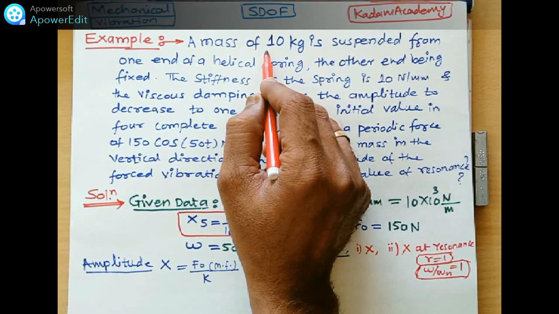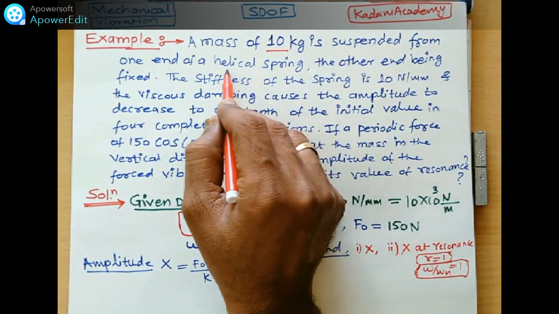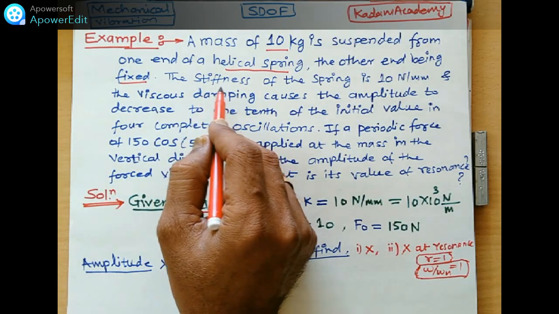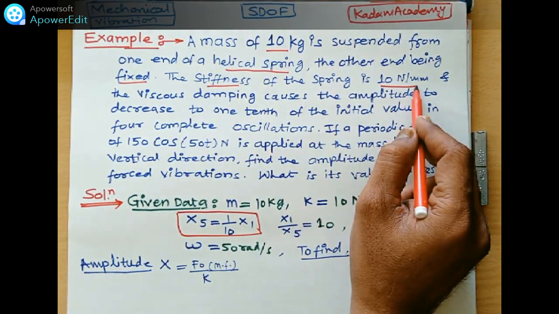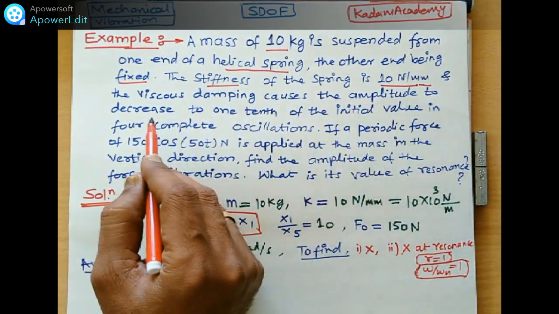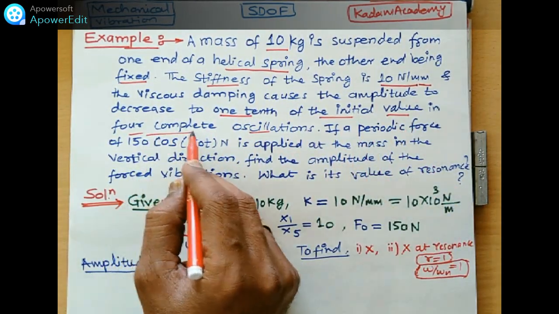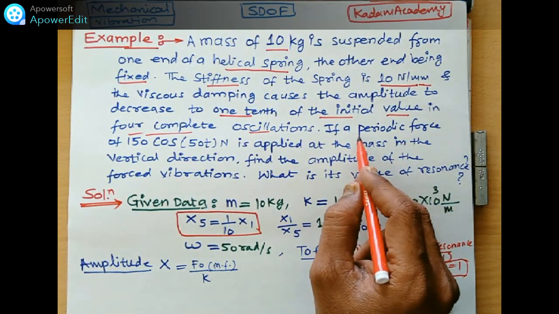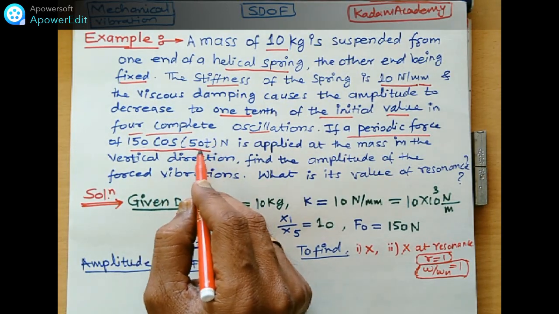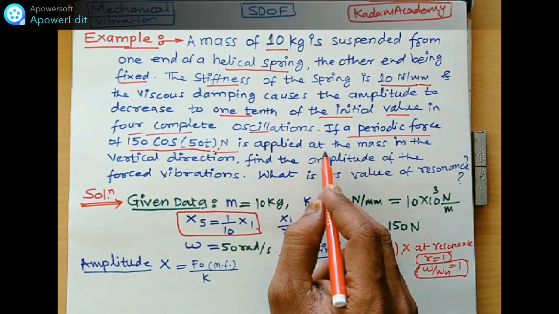A mass of 10 kg is suspended from one end of a helical spring, the other end being fixed. Stiffness of the spring is 10 Newton per millimeter, and viscous damping causes the amplitude to decrease to 1/10 of the initial value for complete oscillations. If a periodic force 150 cos(50t) Newton is applied at the